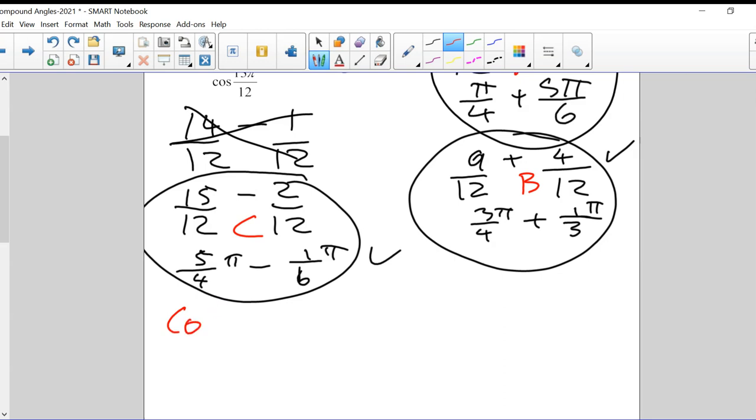Instead of saying the cosine, I don't know why I'm at red. Instead of saying the cosine of 13, oh, sorry. Let me erase that. Instead of saying the cosine of 13 pi over 2,